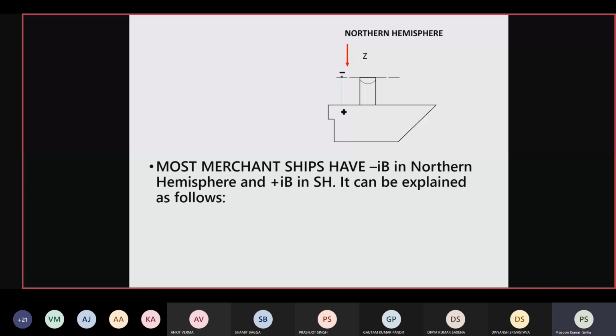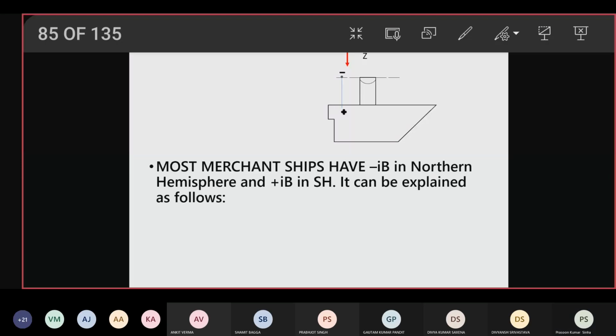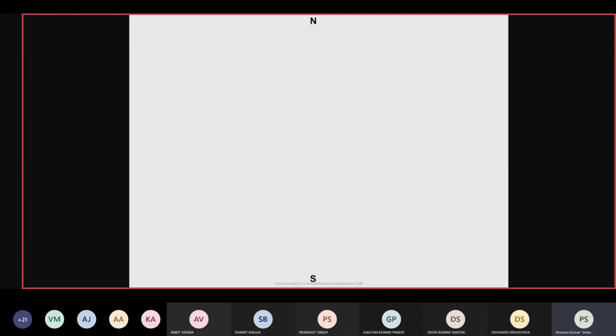Now, as we said, Flinders bar, you are getting a new word here. Most merchant ships have minus IB. Minus IB is induced B. छोड़ दो, उतना में कहाँ पे आप जाओगे, इसको मत देखो, छोड़ दो. Let us get to